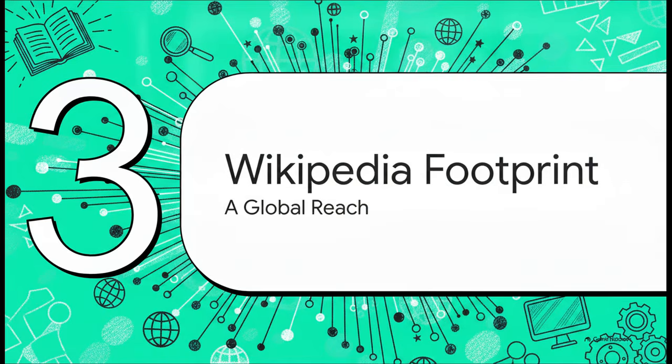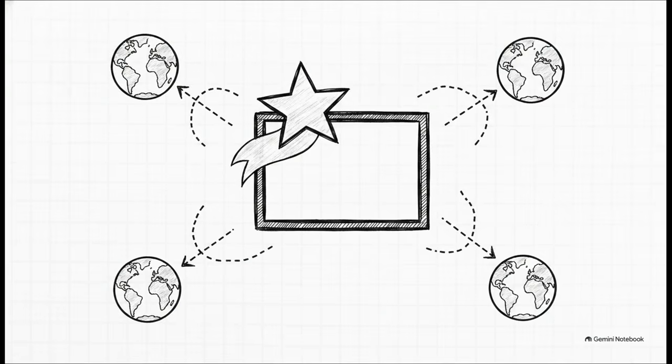All right, let's zoom out to Section 3, a global Wikipedia footprint. Now, this isn't just an American artifact. It actually has a profound global historical resonance. The Wikimedia community has this super rigorous process for identifying the finest, most significant media files, and this single JPEG has managed to achieve featured picture status across multiple, totally distinct cultures.